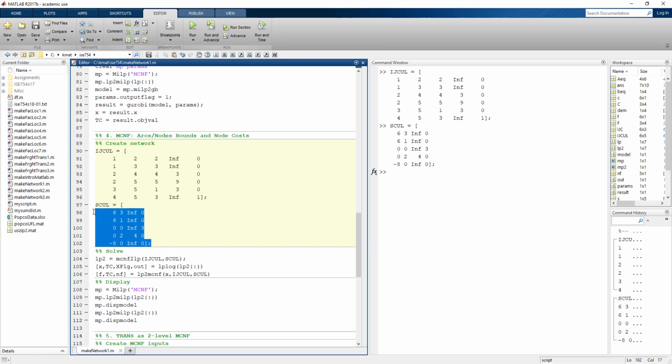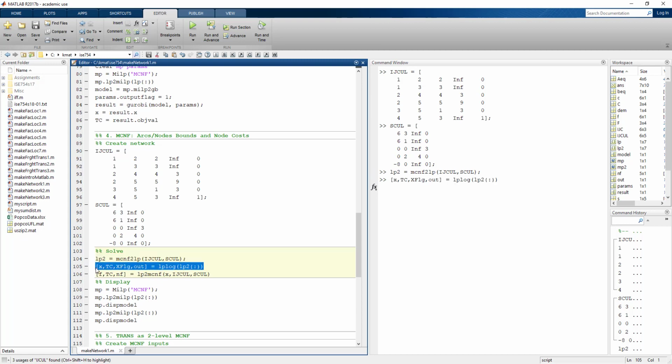So we can add all of this. And then to actually create a problem that can be solved as a linear program, we can use the function MCNF2LP, which converts the min-cost network flow representation to the parameters needed to solve as a linear program. There are 2 inputs, the arc list and the node list. So with those we can generate the list of LP parameters and then solve it using LP log to get